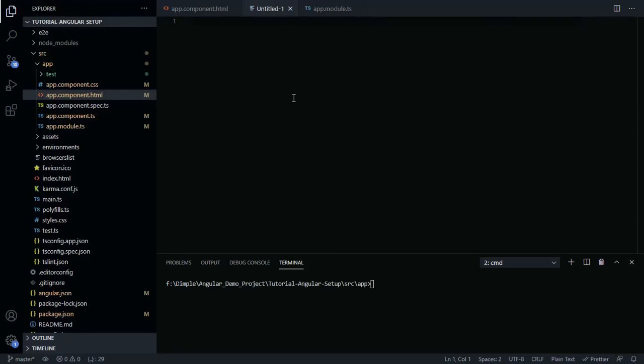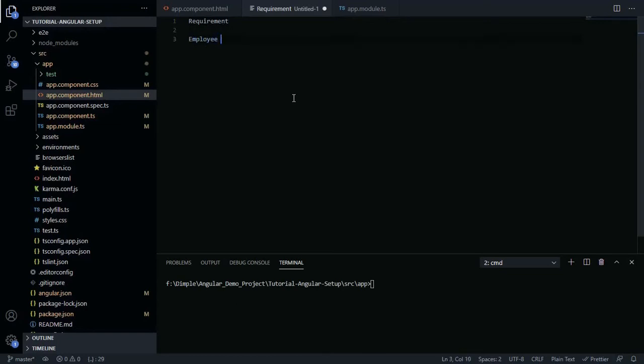I'll explain the example which I'm going to implement in the hands-on. The requirement is that we need to show the employee list and perform a delete operation on that list.